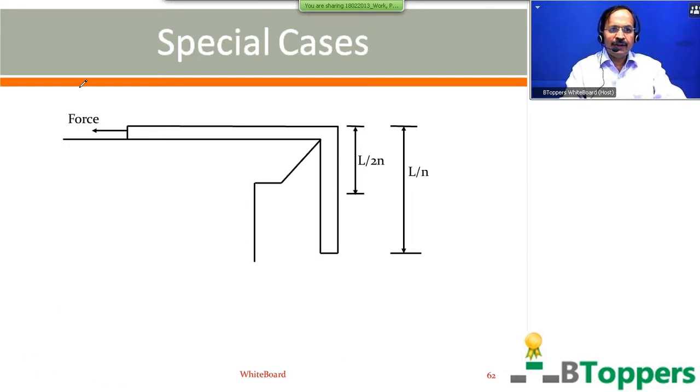This is a figure showing the chain here. L is the total length of the chain, and the length of the hanging part is L by n. The center of mass of the hanging part is initially at a distance L by 2n below the surface of the table. That means the chain is pulled completely back onto the surface of the table. The center of mass of the hanging part rises by this distance L by 2n.